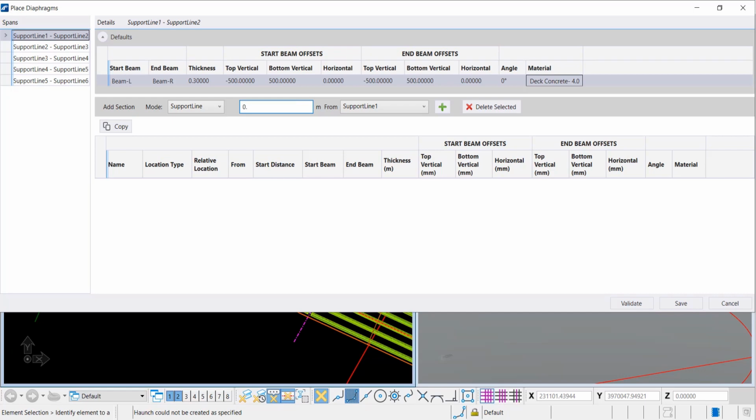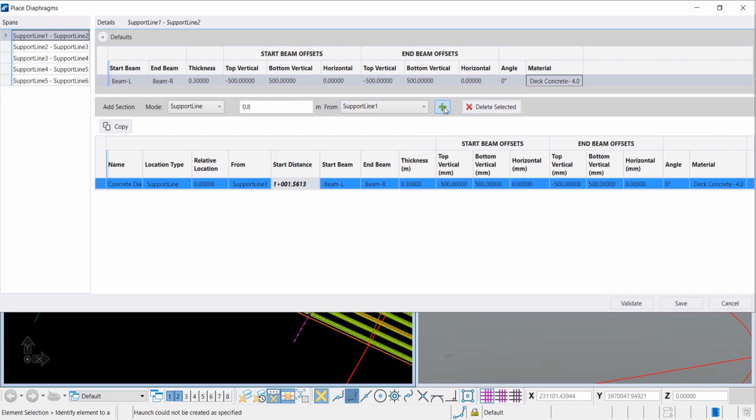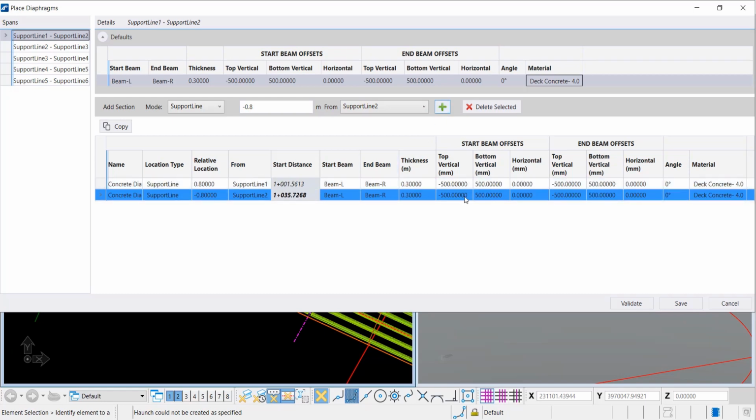So we are giving an offset to our support line 1, and here let's give an offset of 0.8 meter, right, because 500 millimeter, as you see, is the edge distance we have given for the beam placement, plus another 300 millimeters, so it's 800 millimeters from the support lines.